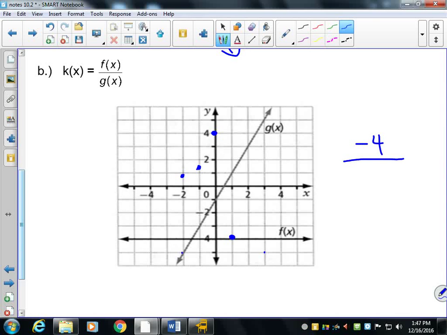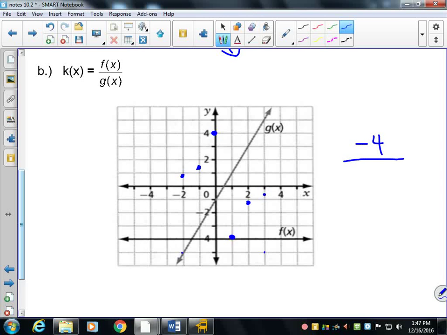Then I have negative 4 divided by 3. It's negative 4/3, right? Right here. Then I have negative 4 divided by 5 is negative 4/5. Okay? Now, the thing to remember is when you're dividing by, you have to remember that your